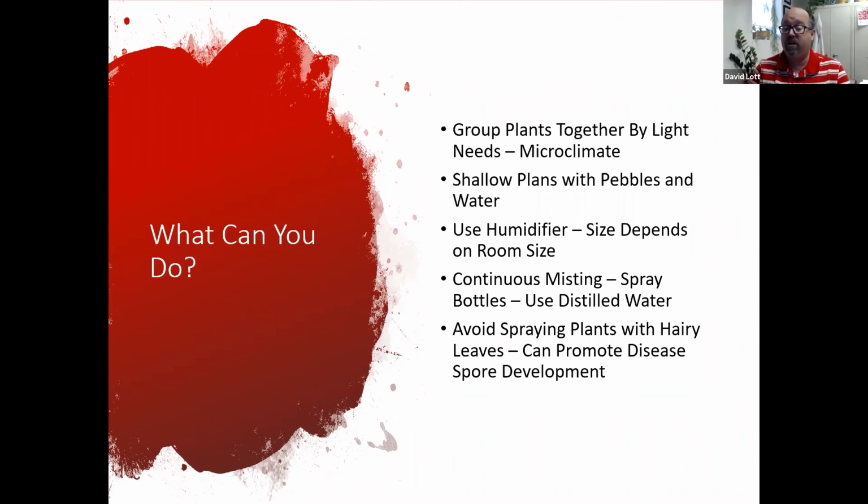So you can use a humidifier depending on the size of the room. If you have a large room, you need a sizable humidifier or a full room humidifier. That can work. I'm going to show you my little humidifier here. I am in a small office space, and so this is my humidifier that fills in. It runs while I'm in the office, and it empties out really quick. So this is a dry environment, so I'm constantly refilling it.